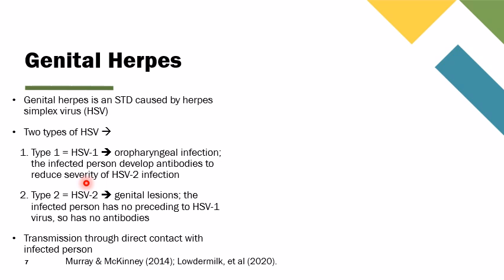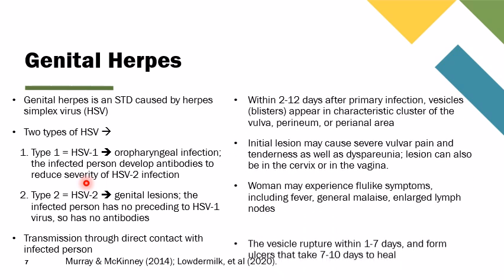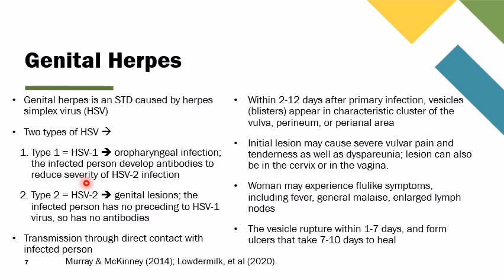And then type 2 or HSV2 is the genital lesion, where the infected person probably does not have the HSV1 virus, so they have no antibodies to HSV1. And then the transmission of genital herpes happens through direct contact with the infected person. Within 2 to 12 days, there will be the primary infection session, where the vesicles or blisters will appear with the characteristic of